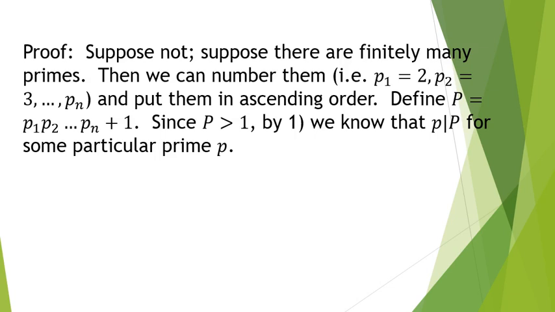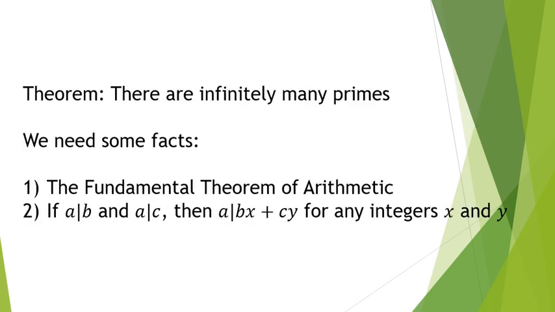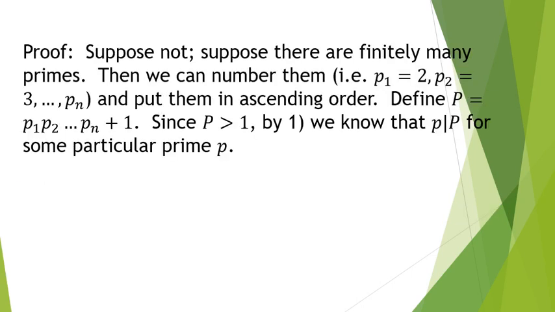Since we know that, by the fundamental theorem of arithmetic, number 1, as we have here, we know that P is either a prime or it's a product of primes. Either way, there is some particular prime, which I call small p, no subscript, just some prime small p, such that